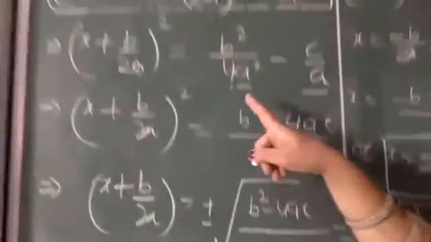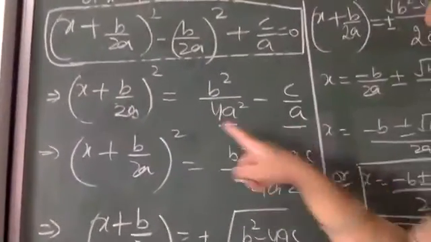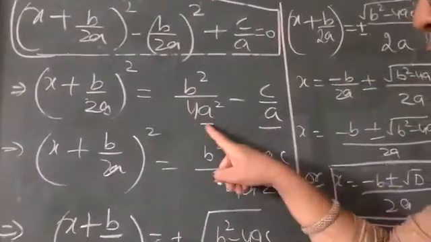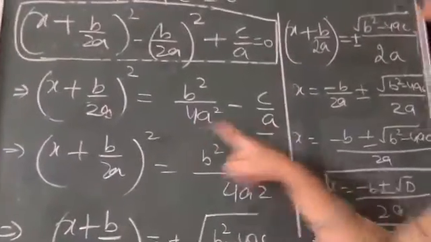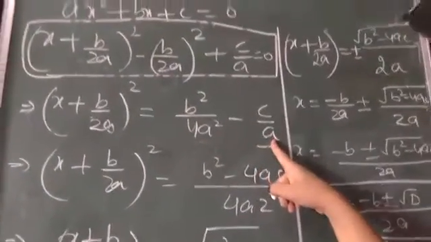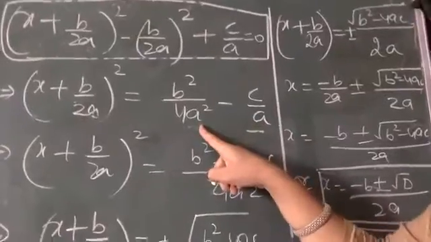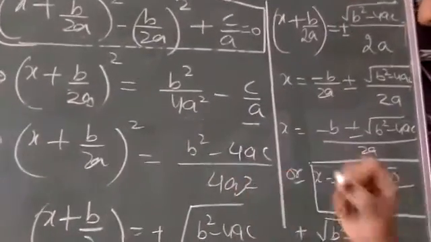Likewise, look here, this 4a square and a are the two different denominators. In 4a square, there is a square here and a here. So what is the highest power in both? Which has the highest power, dear? The highest power is a square, right, a square. So we took a square in the LCM.